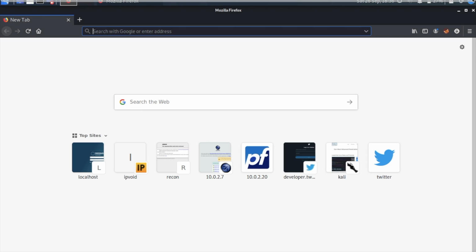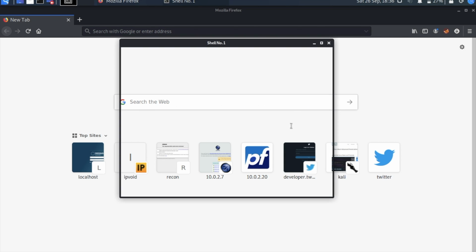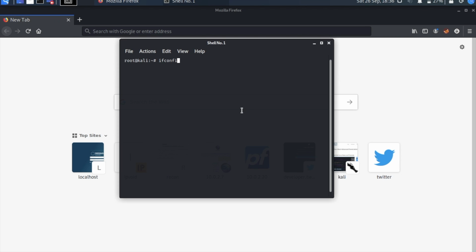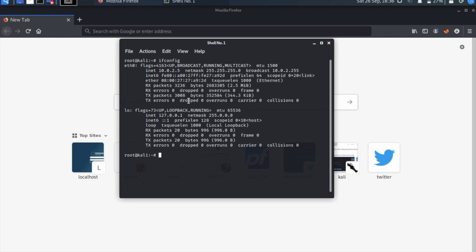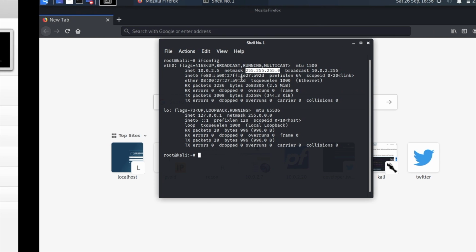IP address of this machine. Guys, to access the WebGUI, it is important to keep both the IPs, IP of firewall and IP of this machine, in the same subnet. So I will open the command prompt. I will type ifconfig. Yeah, so my IP is 10.0.2.5. So my interface IP of firewall should be in this range, 10.0.2.1 up to 255. Yeah, so I'll keep one of the IPs from the subnet.